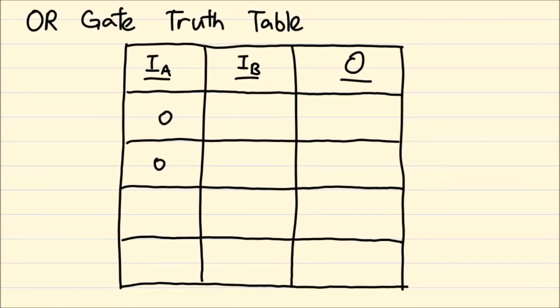First, we populate the input side using the methods we just went through. Now, let's compare the two inputs using the OR gate rule. If both inputs are 0, neither input is true, hence the output is false. If the first input is true, the rule is fulfilled. The output is true. Same goes if the second input is true, the rule is fulfilled as well, and the